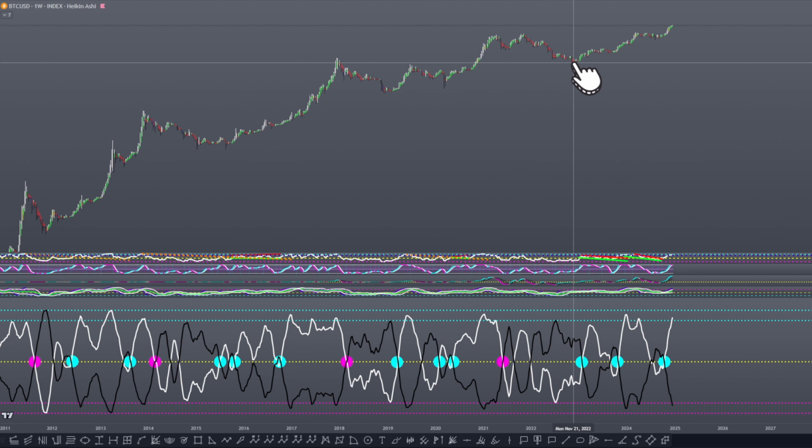So again, you should have anticipated that, especially factoring in the fact that there is historical data in terms of these prime crosses on the ASO going all the way back to 2011. So that shouldn't have particularly been a surprise that there was this bullish divergence leading into a third prime cross, which is in many cases the beginning of bull markets here for Bitcoin and here for a lot of the other coins I'll be going over. So this would be the third cross here again.